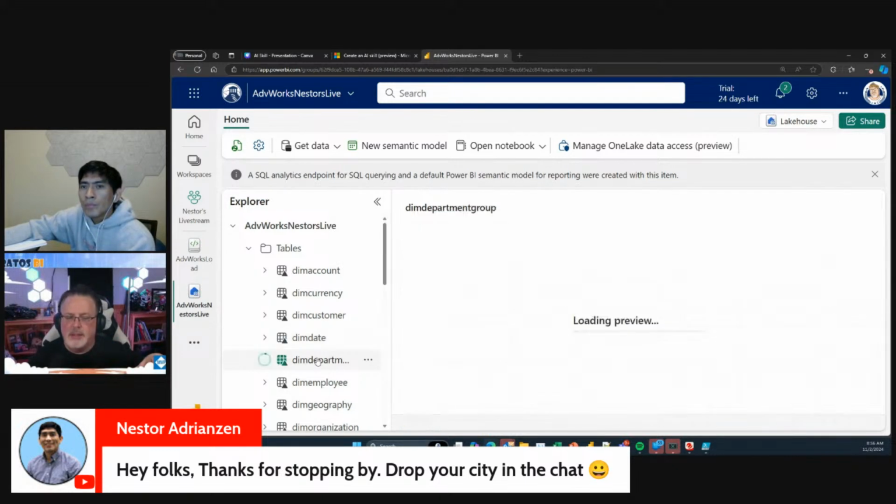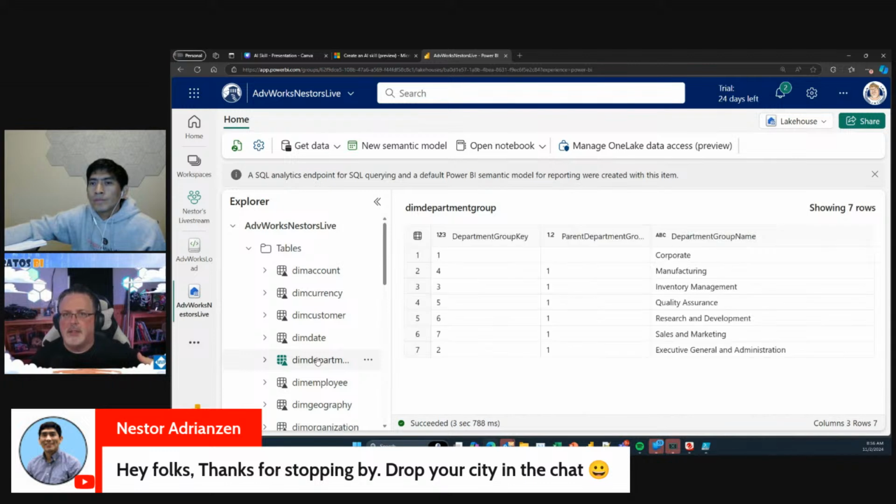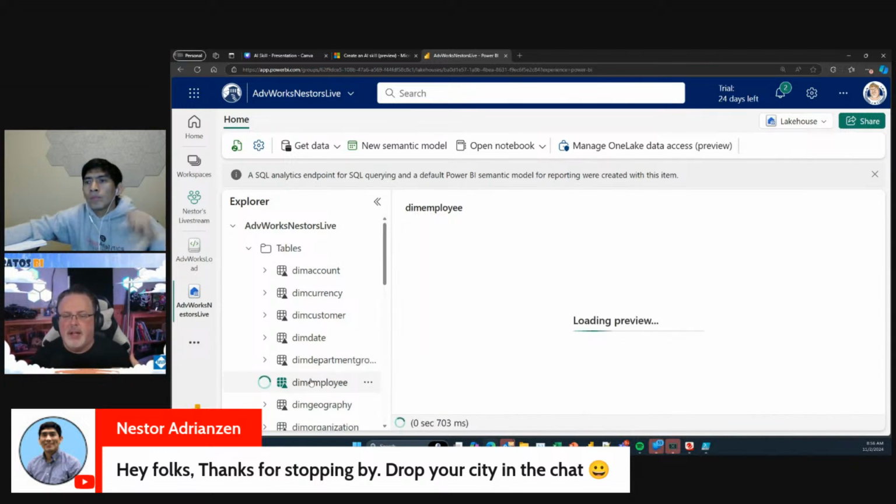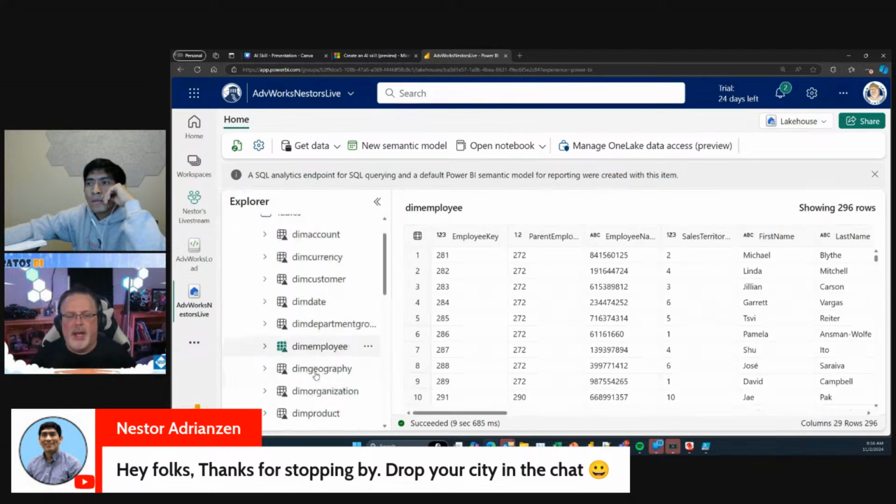Lakehouse, on the other hand, sits on top of these Delta files, and it doesn't have that same integration. It's more like working with Databricks. You know, it's going to be super fast. You can see I'm just hitting each of these tables, pulling up the data.